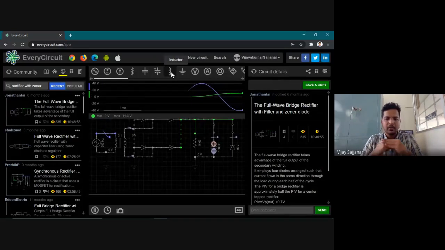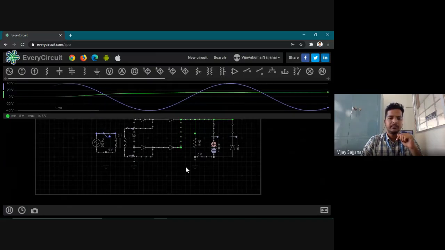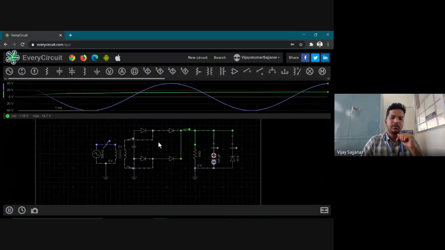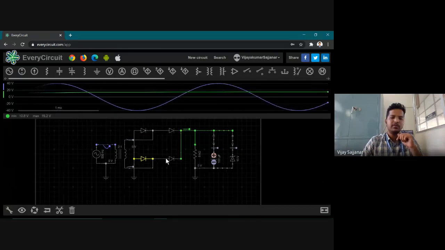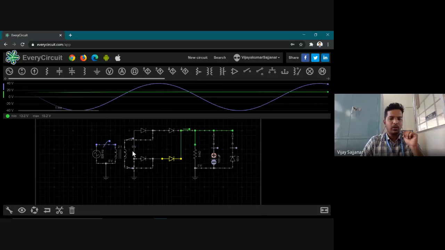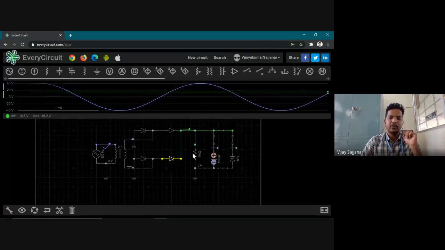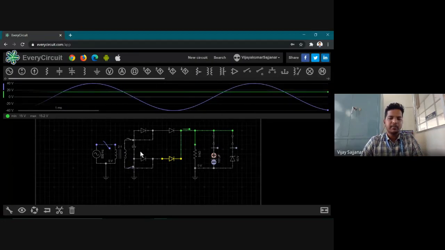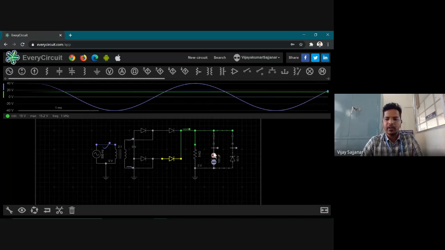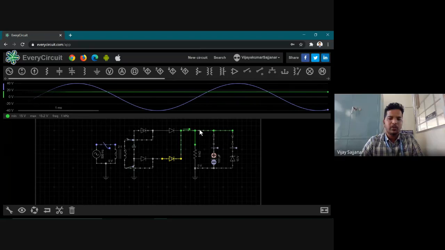Sorry. What is this circuit? This is our bridge rectifier. It has 1, 2, 3, 4 diodes, all looking from left to right. Positives on the left side, negatives on the right side. We don't have a space here to put the resistance, capacitance, and Zener diode, so we have taken out the circuit. Seems good enough. Let's see what is the output here.